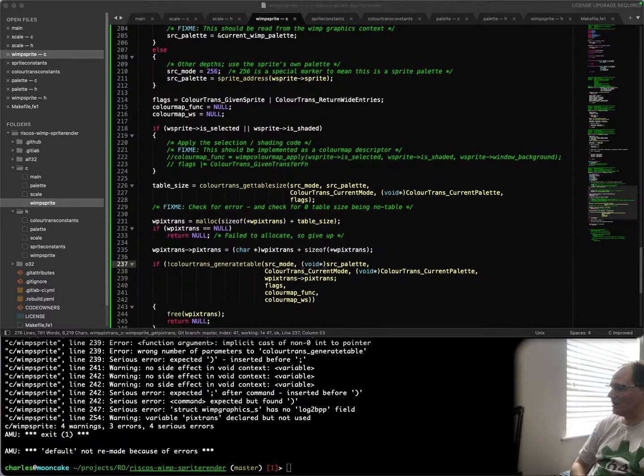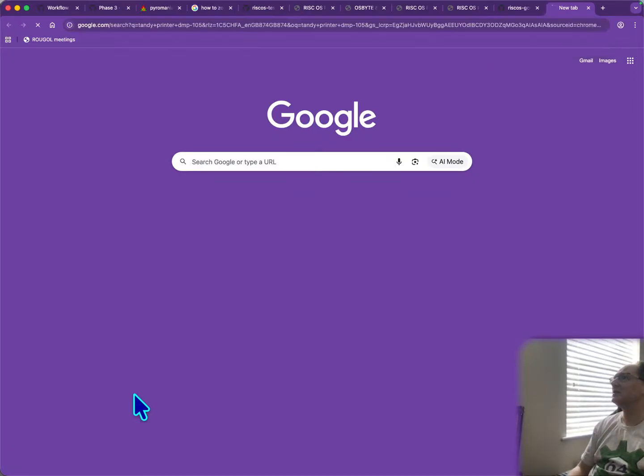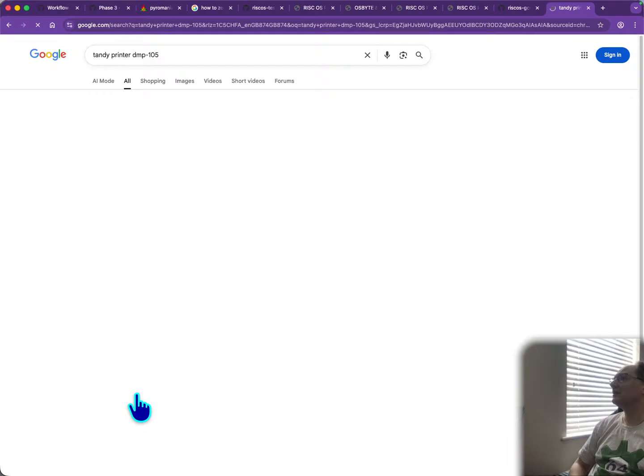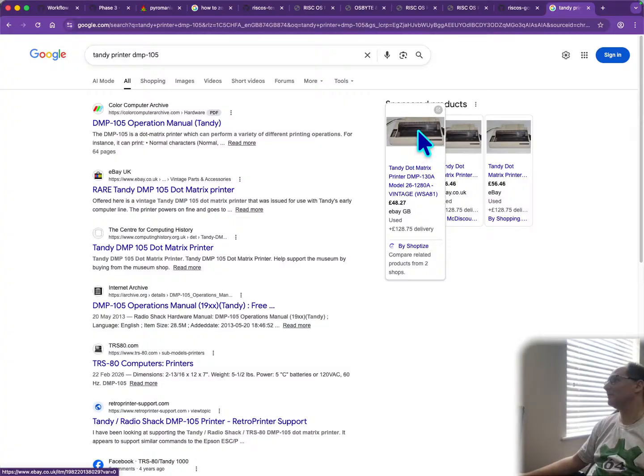GMP 105 or something. Nah, that can't be right. I can't be remembering that. Tandy printer. Oh my gosh, it looked very much like it. The GMP 130. Okay, well,